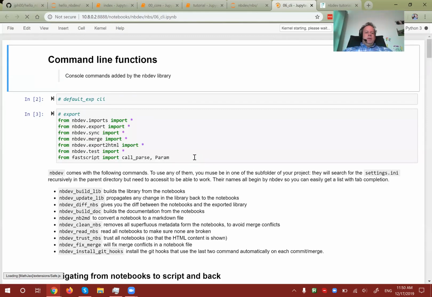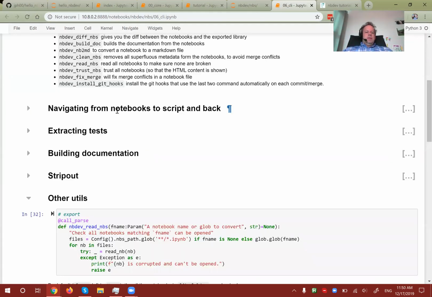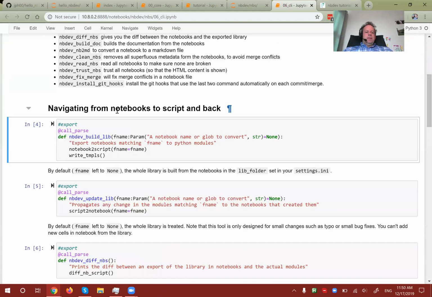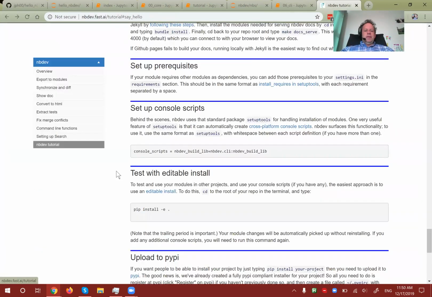And we use our fastscript library for creating these, but you can just have a normal if name equals main or whatever. In fact, you don't actually need that for console scripts. You can just create a function that looks at sys.argv. And so once you've got a function, all you need to do is to add to your settings.ini console scripts